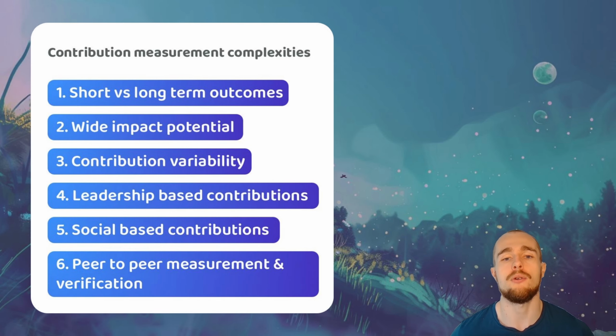Now we've thought about how contribution efforts can be recorded, let's think about how contribution efforts can be measured. To start off, we can highlight some example areas of complexity that exist when measuring and comparing contribution efforts in Web3 ecosystems. Contribution measurement is a complex problem due to the range of ways people could contribute and generate impact for an ecosystem.